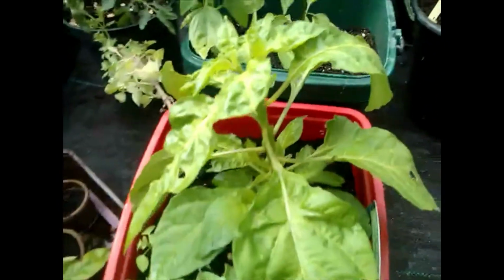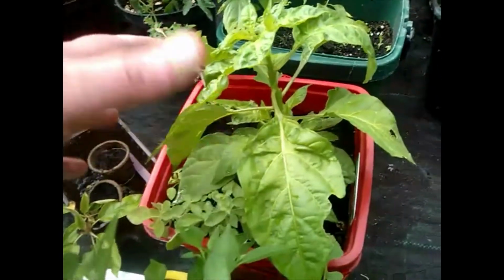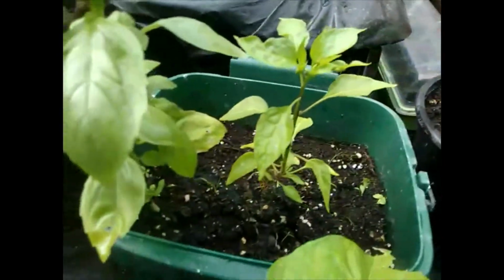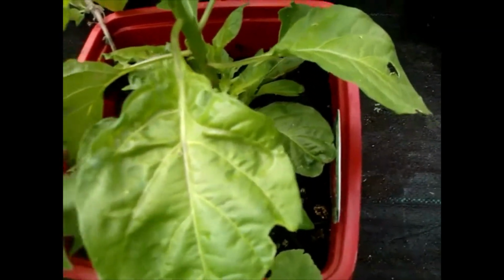It's been attacked by something. Something's had a feast on here, I don't know what. But the leaves look almost, I don't know. Well, there's a basil that's in companion with that one, and I mean, the way they bend over at the end there like that, these look similar. I don't know if it's supposed to look like that or what, but I've put in there with it some